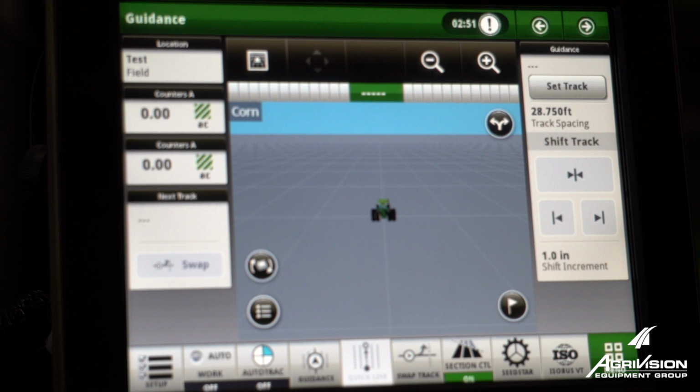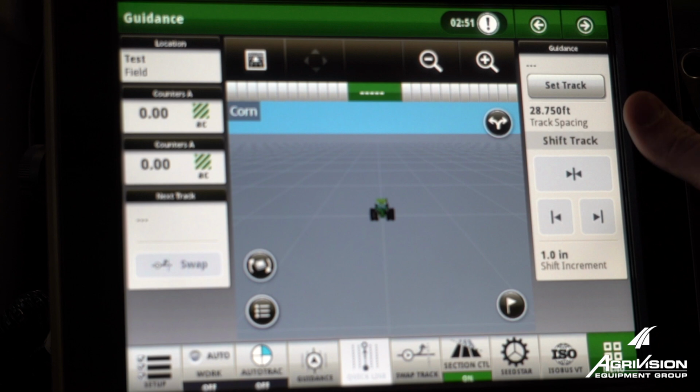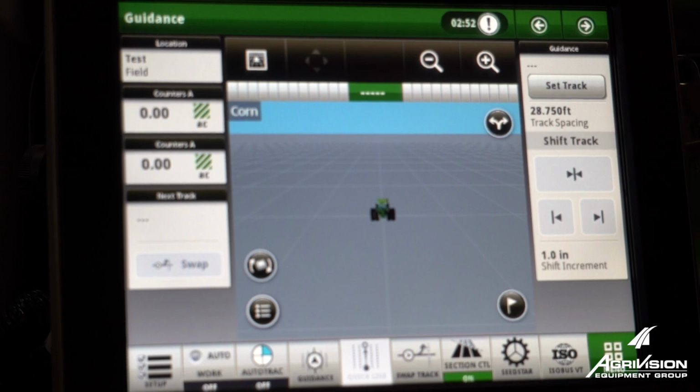On a 4640 display, the USB port is on the side of the display, and on a 4600 command center, the USB port is on the back armrest behind the cup holders. On a 4640, we'll plug our USB stick into the side,